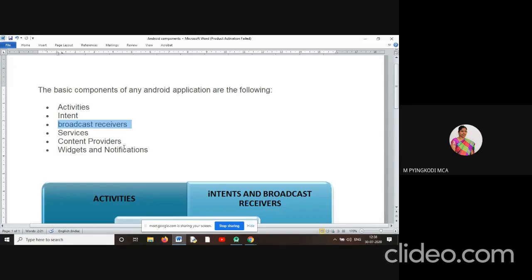Until the second file is completed, the next won't start. That is the difference with started services. Can you understand the type of started services? It performs a single operation at a time. So files are downloaded one by one; 4 files cannot be downloaded parallelly. After one file download is completed, the second file starts downloading.